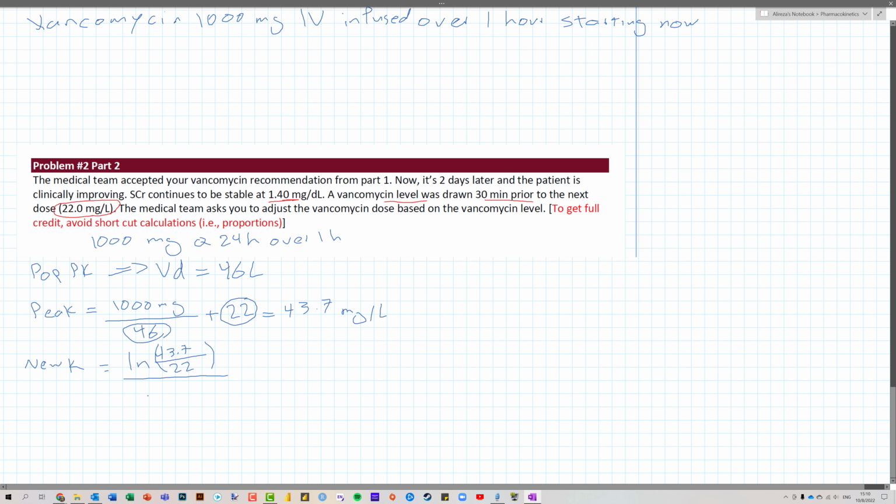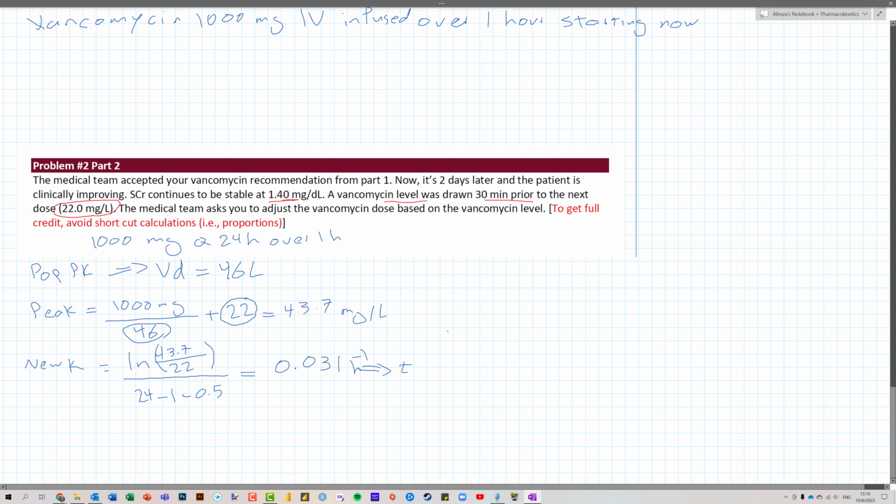So if our tau was 24 hours, infused over 1 hour, our peak is 1 hour later, so we're going to subtract 1. And this 22 is also 30 minutes before the next dose, so we are going to subtract another 0.5 here. So the time between these two levels is essentially 22.5. Okay, and that will give you a new K of 0.031